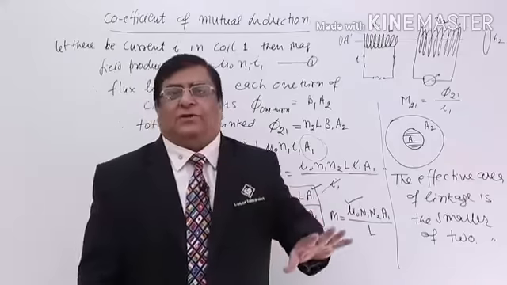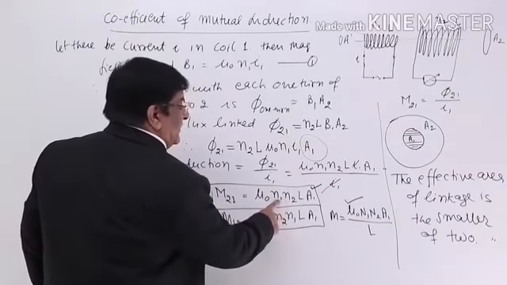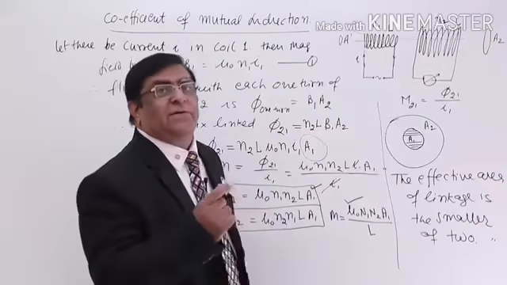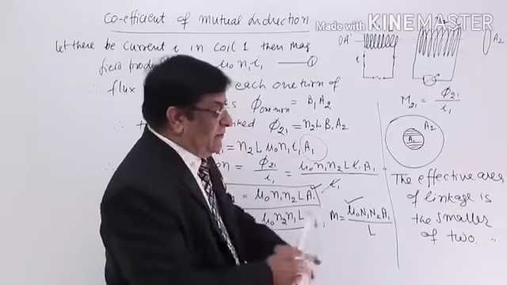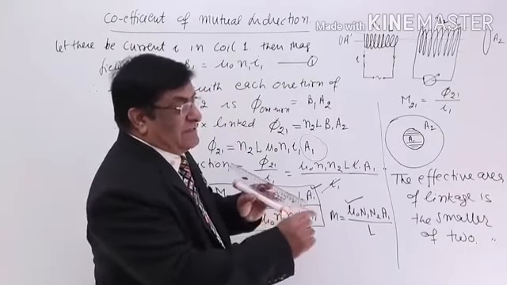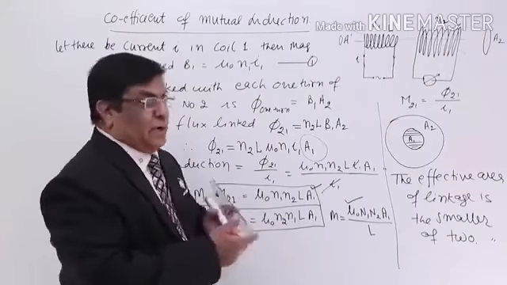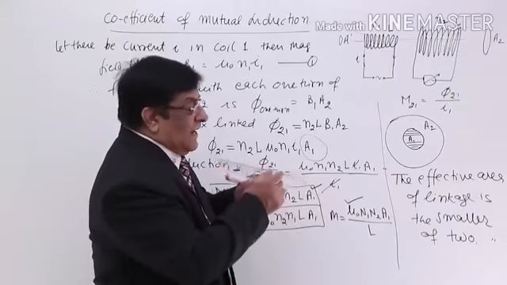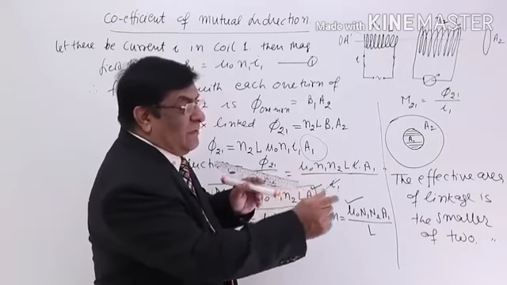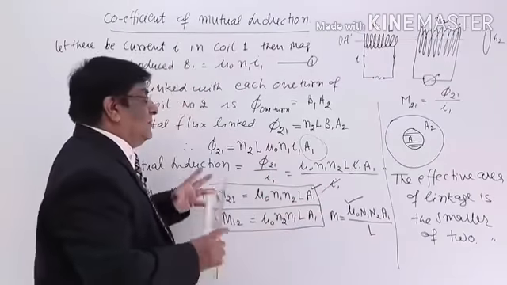Otherwise, you cannot. So here, n1, n2 remain constant. What is n1, n2? Number of turns per unit length. If number of turns per unit length remains constant, then increase the length. Mutual inductance will increase, because when you are increasing the length and per unit number of turns are fixed, then more number of turns will be added and the total number will be very large. So mutual induction will be more.